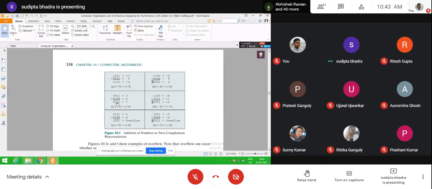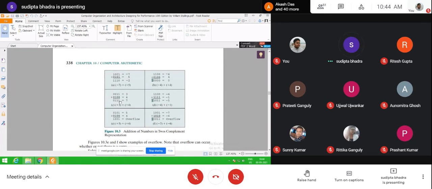You can't take the MSB, the third bit, for magnitude. It is for sign. If it is 0, then positive. If it is 1, that means minus 8, negative. Similarly here, minus 4 minus 1, both are negative. Still overflow is not occurring, because in 4 bits, the value is okay to represent minus 5.